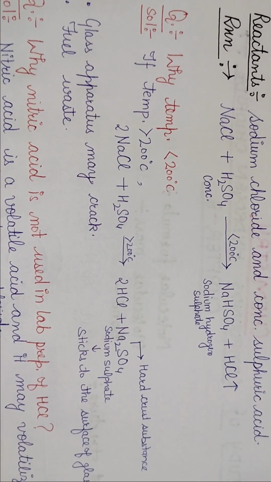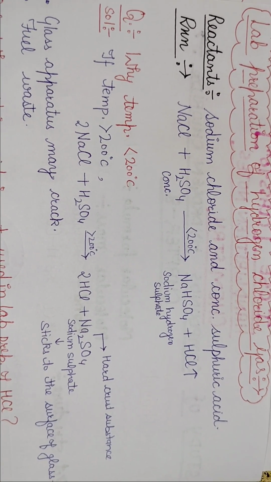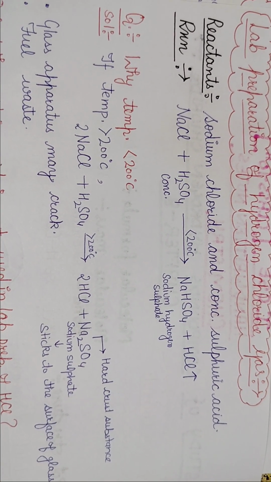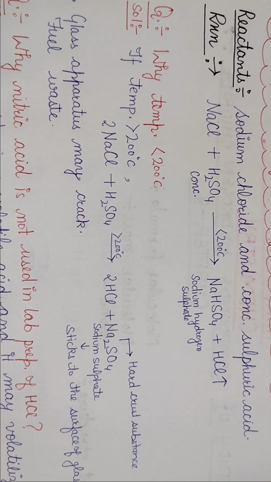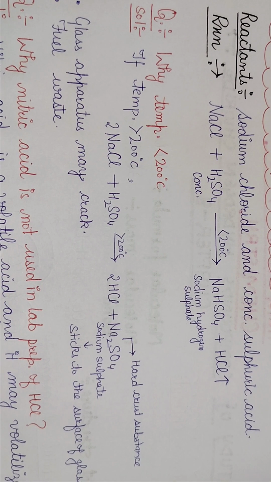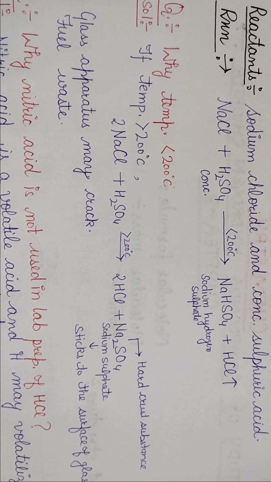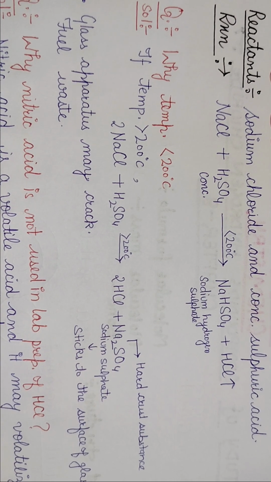But here one question arises during the lab preparation of hydrogen chloride gas: why is the temperature below 200 degrees Celsius? Means why is the temperature not to be more than 200 degrees Celsius? The reason is